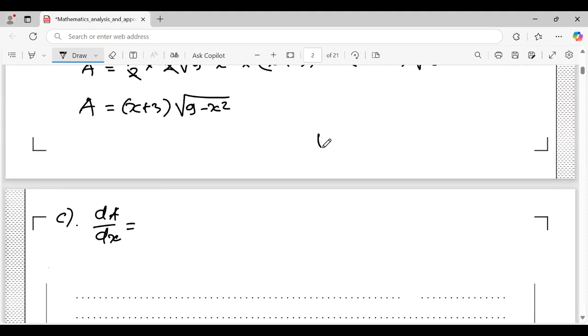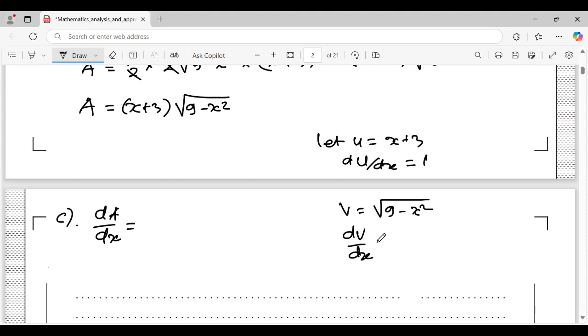Let u equal x plus 3, so du/dx is 1. Let v equal square root 9 minus x squared. So dv/dx, it is 1/2 because this is 9 minus x squared,